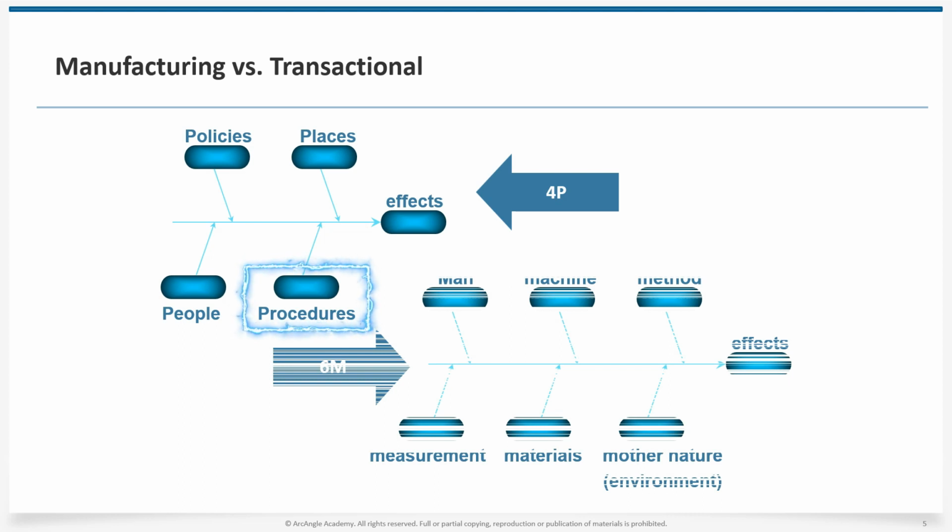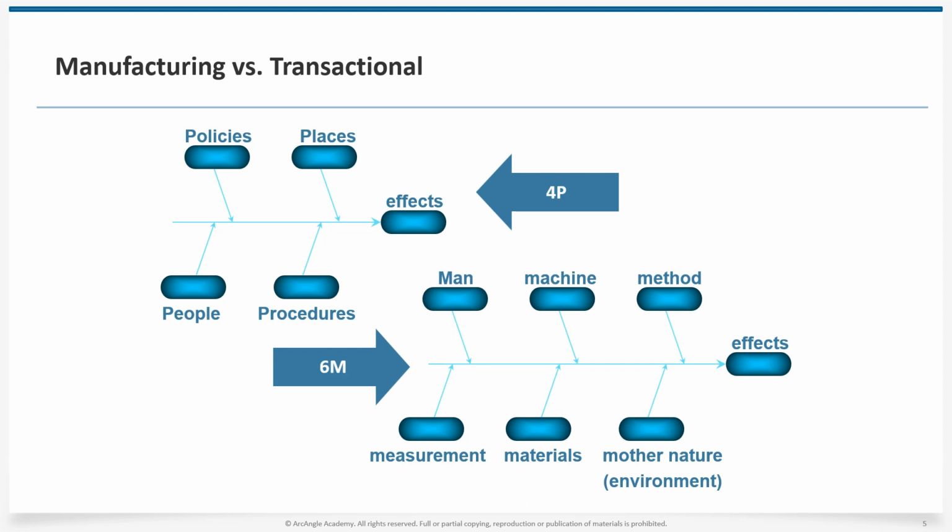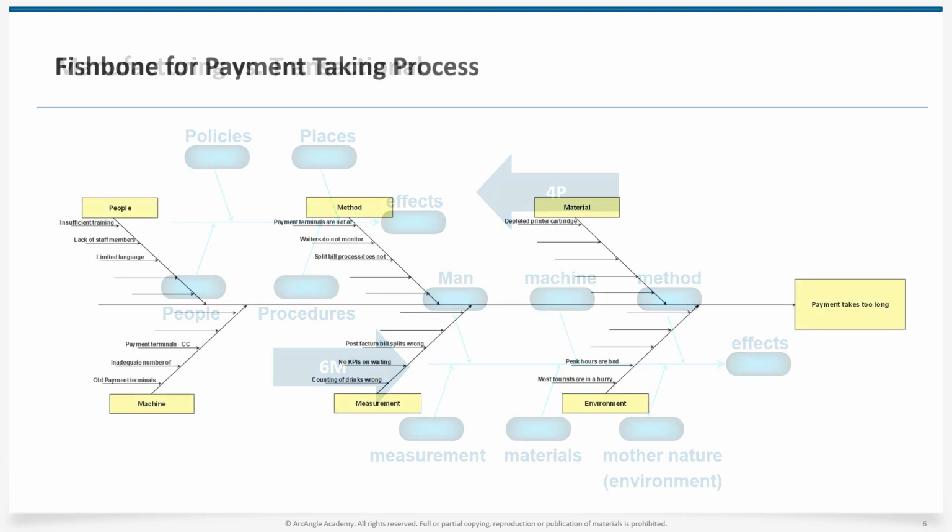and food preparation procedures. In manufacturing processes, we have the 6 M categories: man, machine, material, method, measurement, and Mother Nature. Although these categories are typically associated with manufacturing, we can draw parallels in a restaurant context. For example, we consider the skills and capabilities of the staff involved in food preparation and service. Man. We also look at the equipment used in the kitchen and at the point of sale, such as ovens